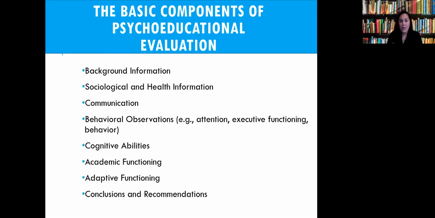So the next question becomes, what is included in a full and individual evaluation? What is in these school-based reports? What should I be looking for? And so the sections typically look very similar to what's included here. You're going to find background information, sociological and health information, communication, behavioral data, depending on the need of the student. This may be informal, coupled with formal data. It may be more informal, but it still gives you insightful information about how a student was performing in terms of their regulation in the environment that they were in, their ability to navigate relationships with others, those kind of things. But it is going to vary depending on what eligibility we were looking for.